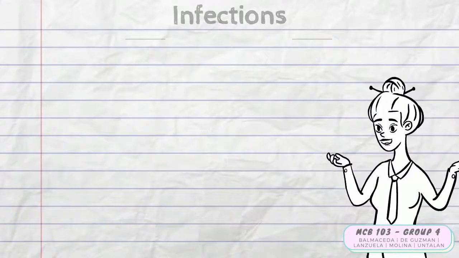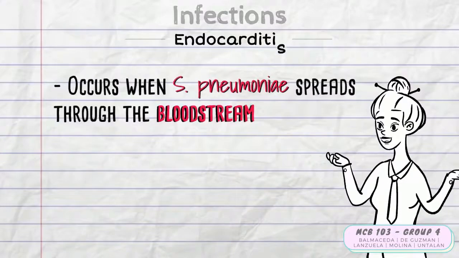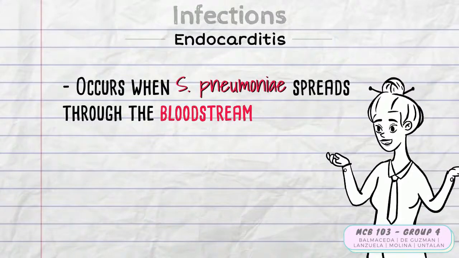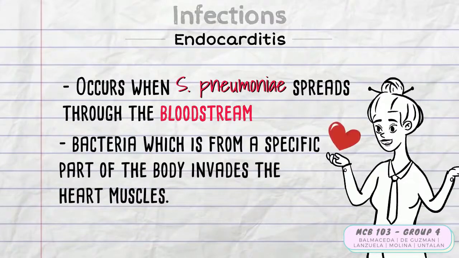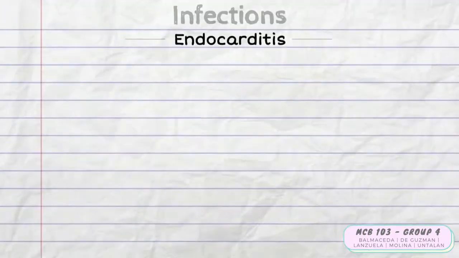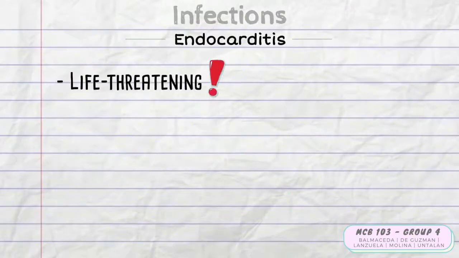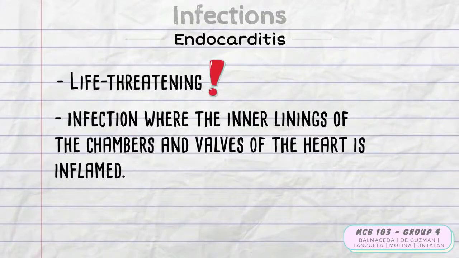Similar to septic arthritis, endocarditis occurs when Streptococcus pneumoniae spreads through the bloodstream. The only difference is that the bacteria, which is from a specific part of the body, invades the heart muscles. Endocarditis is life-threatening, and it is an infection where the inner linings of the chambers and valves of the heart